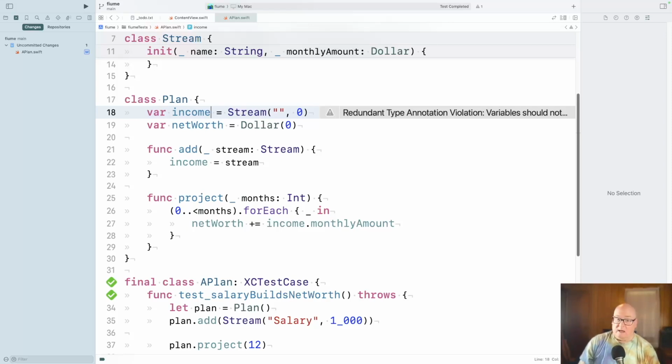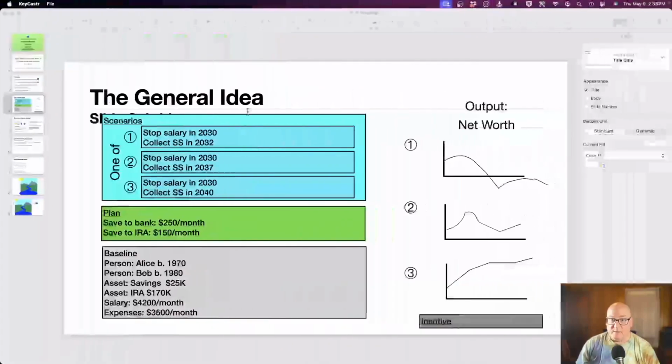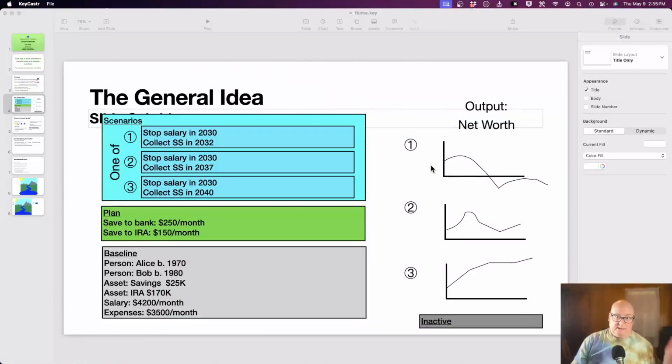Yeah, I mean, I'm not totally sure what I want. I mean, that should be clear by now. But I sort of want to get to the point of doing this projection for some fixed amount of time, maybe like, I think 25 years or something like that order. And this is saying they have an initial balance, 25,000 in savings, 170 in IRA, a net worth for past years.